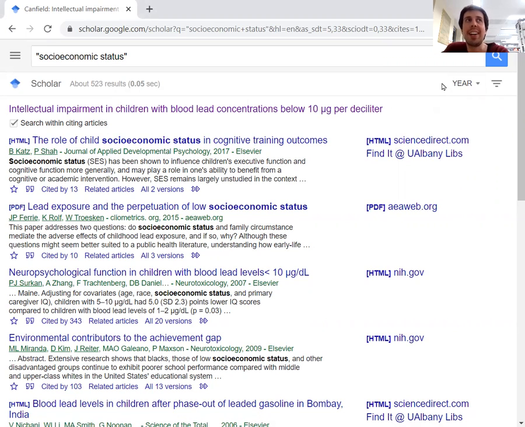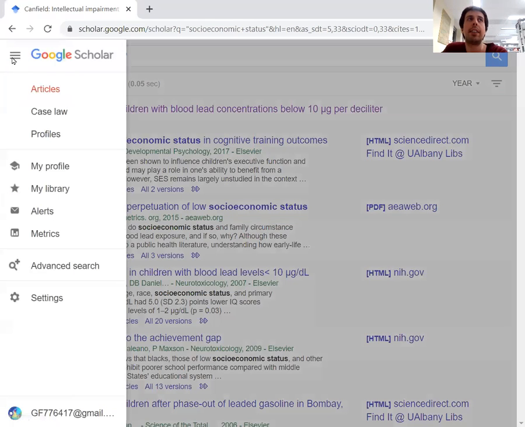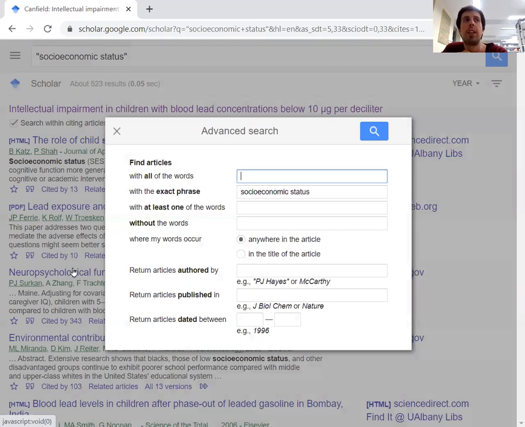I don't understand why. I seem to recall that at one point you could just choose a range of dates here, but now the option has migrated so that you have to click on the top left bars to open up this left panel, and then click this advanced search option. And at this point,